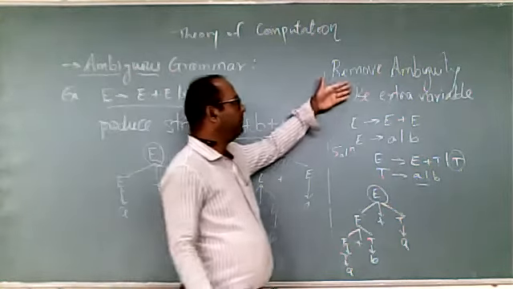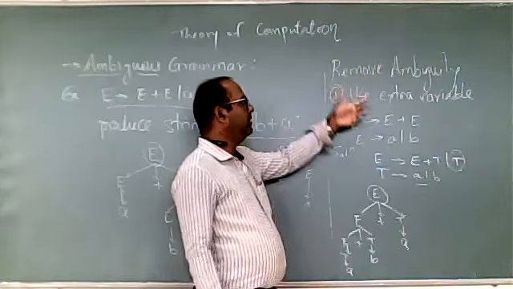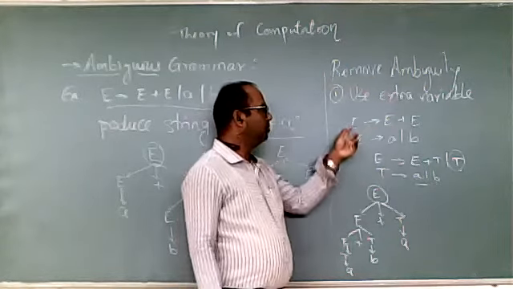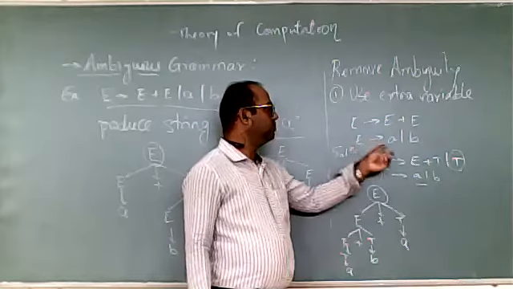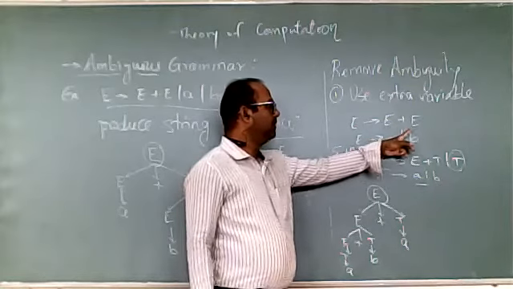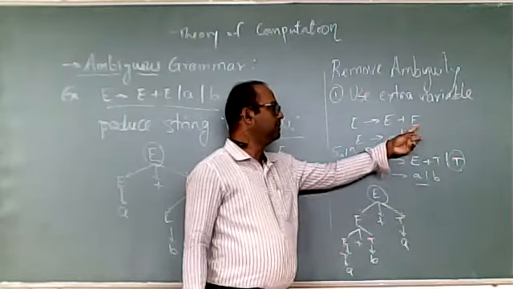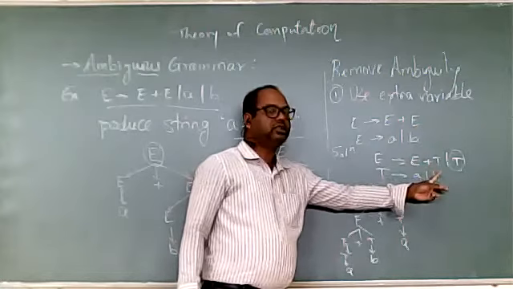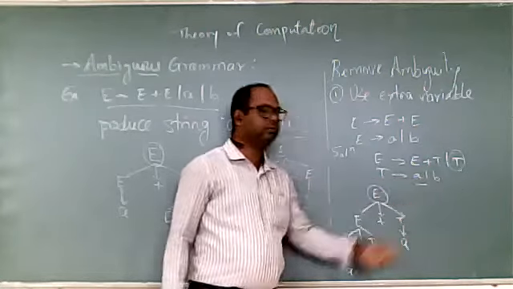So how to remove the ambiguity with the help of an extra variable. E produces E plus E, E produces A or B. So we have replaced this second E with another new variable, and that new variable